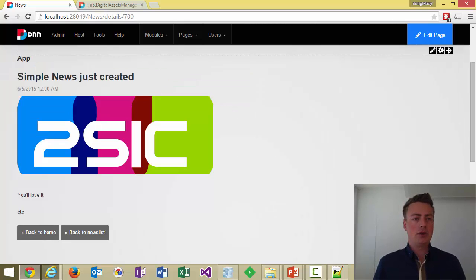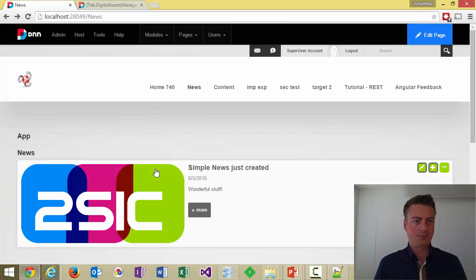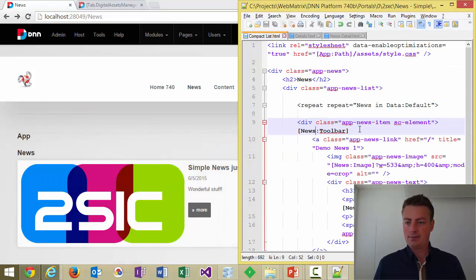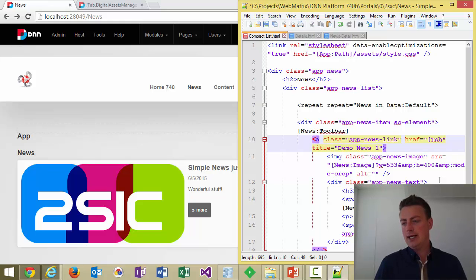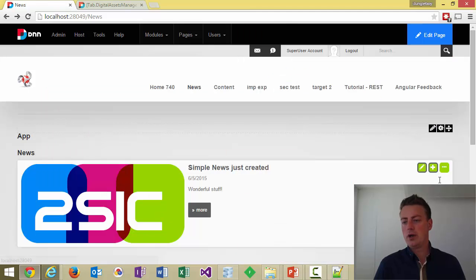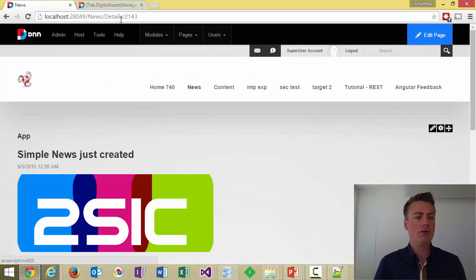The next step is to make sure that this ID here has to be the ID of the item we're showing. How does that work? Well, first of all, let's adapt the link on the list. So here we had just an href here, and we're going to go to tab full URL, I believe is the correct one, and then details, and then we're going to say content entity ID. We could also show other things in here, but if everything works, the mouse over will now go to details